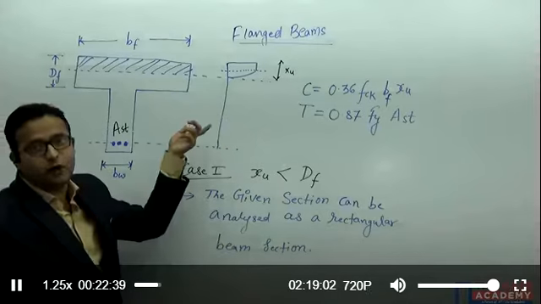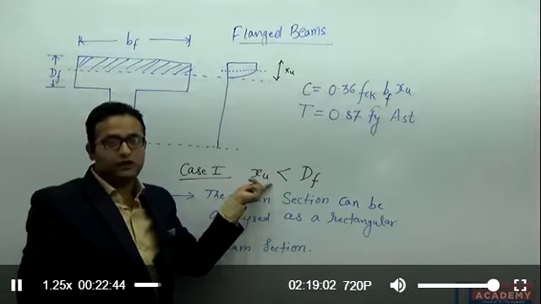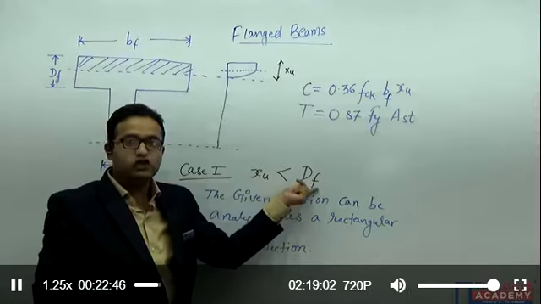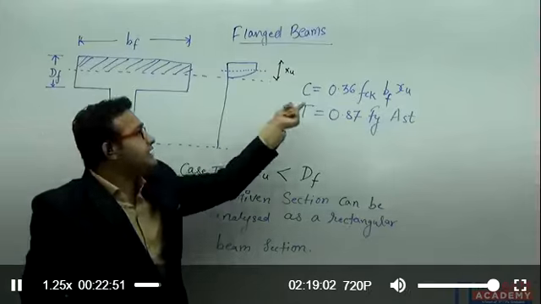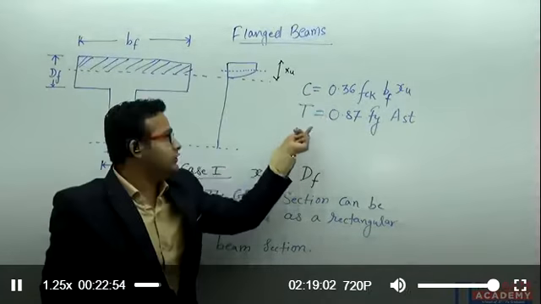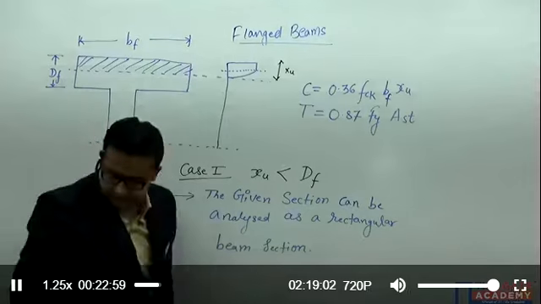If you are facing the first case, where you calculate the depth of the neutral axis to be less than the depth of flange, then we can analyze the given flange beam as a rectangular beam. For this, the total compressive force will be this much and the total tensile force will be this much. Definitely I can calculate